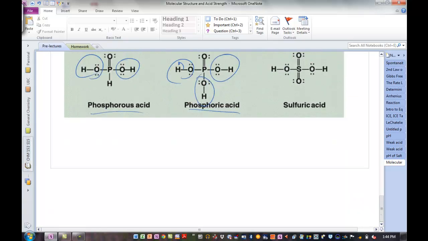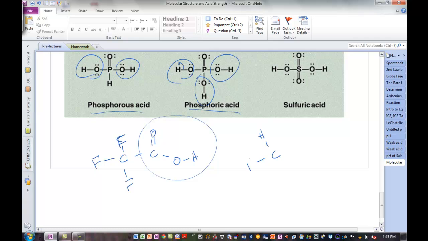And just one last thing for this pre-lecture. Let me show you one more thing. Let's say we have this. And the same rules, let's use fluorine. Let's make this an F. So this is a carboxylic acid. Here is our COOH group. This is actually called trifluoroacetic acid. Okay, 3 fluorines, and this looks like acetic acid, so let's compare it to acetic acid, which instead of fluorines